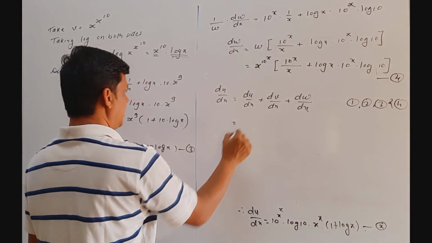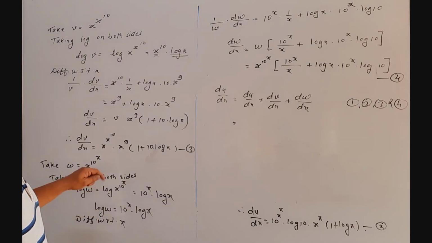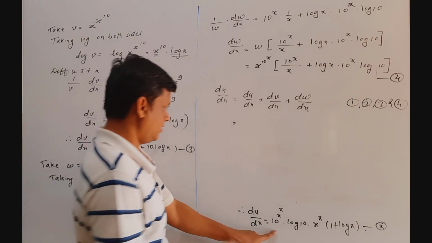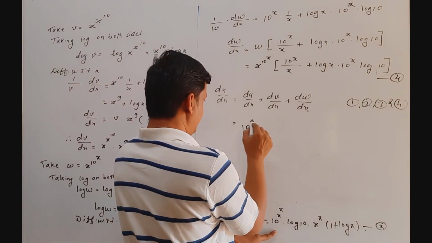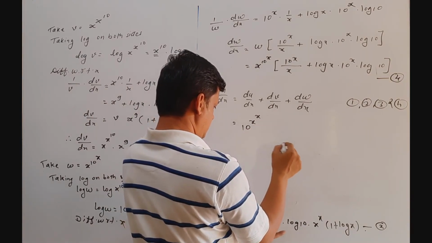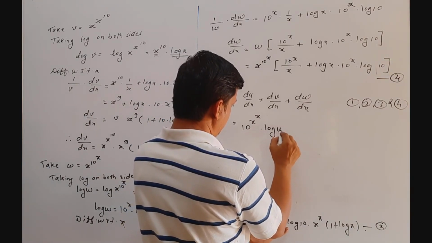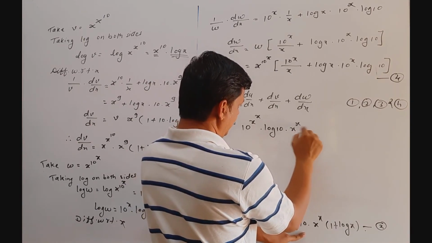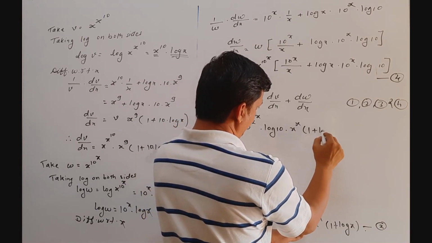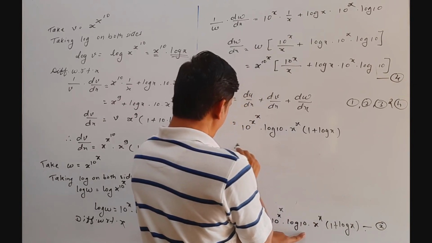So du by dx is, from equation second, 10 raised to the power x raised to the power x into log 10 into x raised to the power x in the bracket 1 plus log x, plus